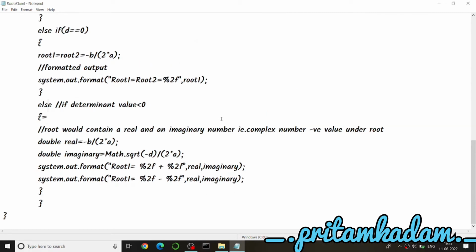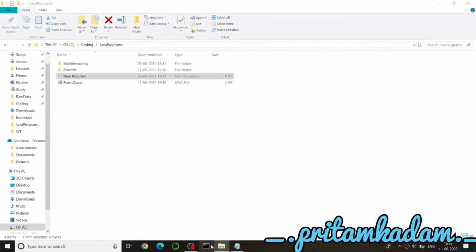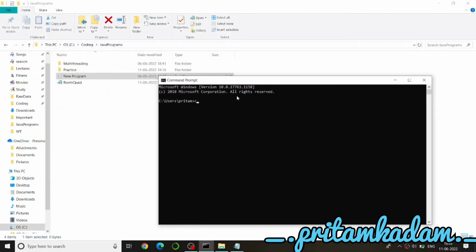So let us go to file manager now. This may contain errors, like we wrote system.out.println with small s in place of capital. So in command prompt we have to compile this, so we will change the directory first of all. So cd, change directory, and my program is in coding and Java programs, so I will write the file location. Now enter. Now first of all I have to compile this. So javac roots code dot java program, and then okay,